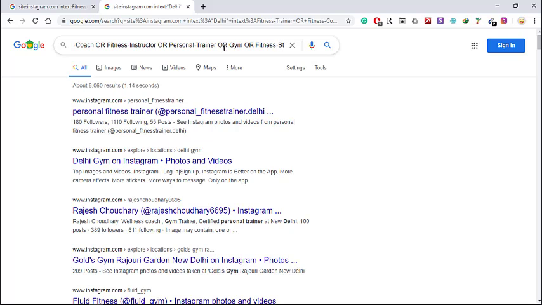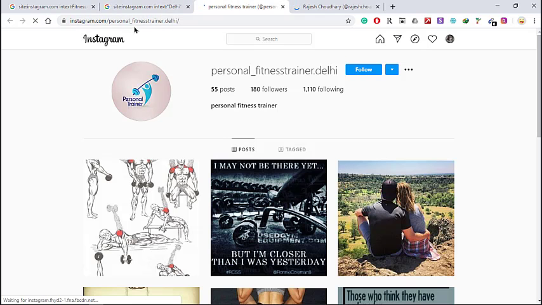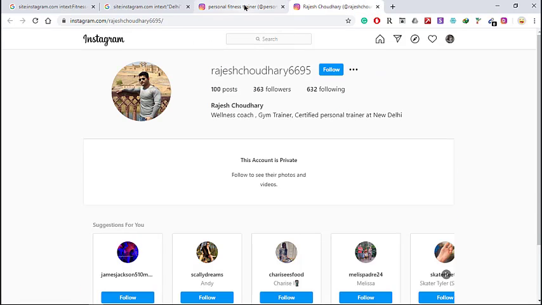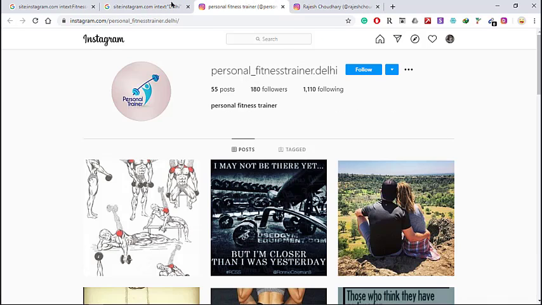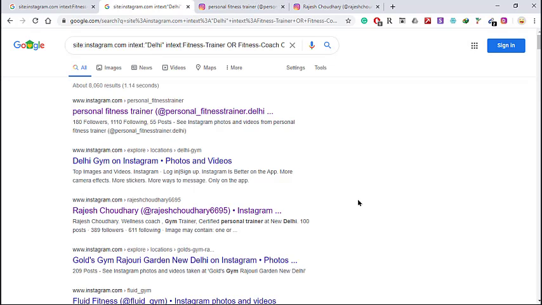Now, if you want only the URL links of all these IDs, let's open and see. These are their Instagram IDs. If you want to scrape all of these Instagram IDs, open these profiles on your mobile app and then directly message them, reach out to them, that also you could do.